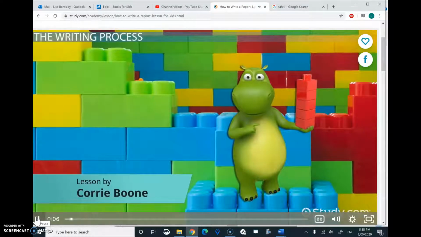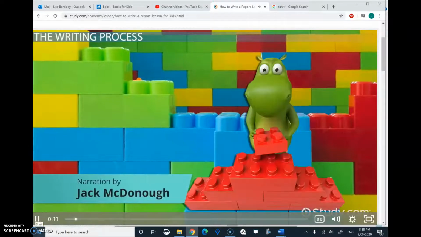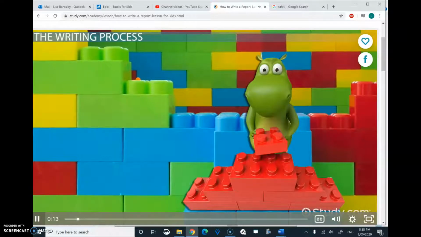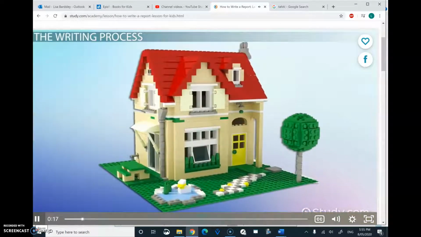Have you ever built a Lego house? Think about the different stages of the process. Designing your house, organizing your materials, constructing your creation, making final tweaks, and presenting your creation to your friends and